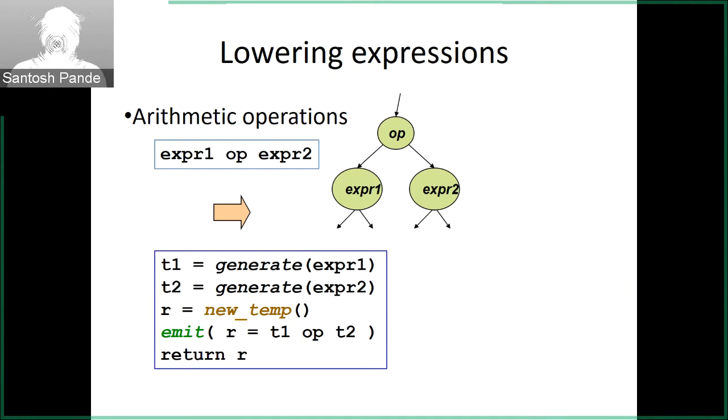So the real code that is getting generated at this particular level is what is shown as an argument to emit, and that is the one which will get printed out on the output. And at this particular point, you can see the code generation at the op level is complete, and that is going to return as its result a symbolic name, which is in R, which is a temporary name. So let's say we generated some temporary called T10, which is in R here. Okay, that T10 will get returned back from this op to the caller of this generate,